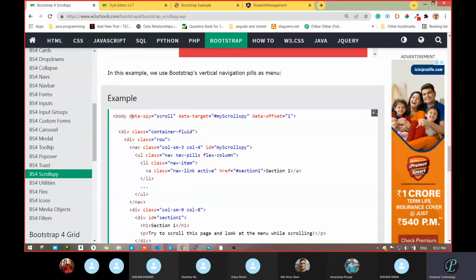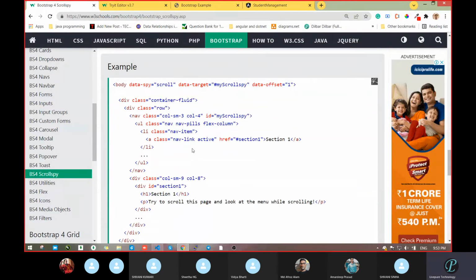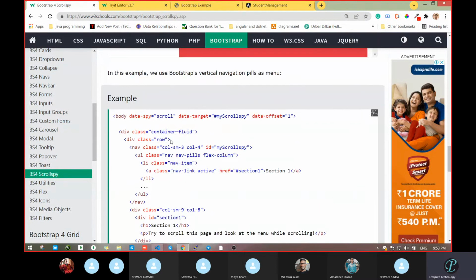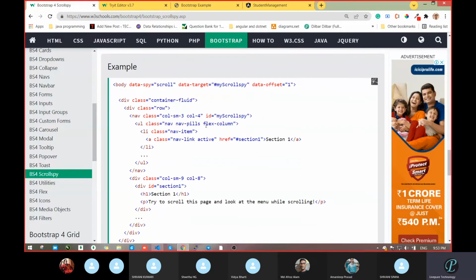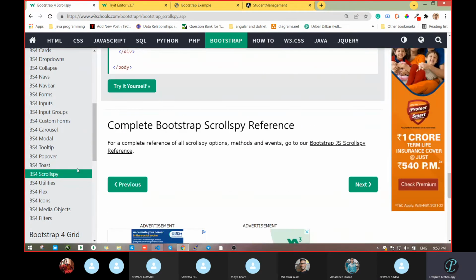So again data-spy scroll, then data-target equal to that one, and offset equal to 1. And where is vertical? Somewhere, pills, flex-column. This one. Then the remaining are all the same. Normally you can take it.